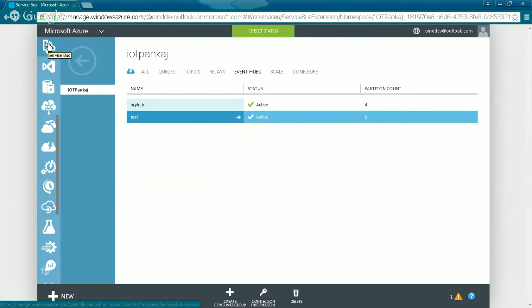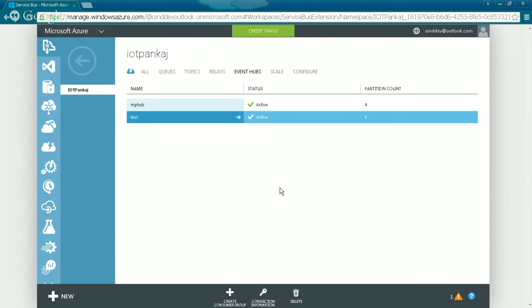So if you go to, okay, I'm already there. You'll see there is a queue, topics, relays, event hubs. So I'm choosing event hubs because it keeps the data for one day only. It's your strategy how you're going to keep the data.